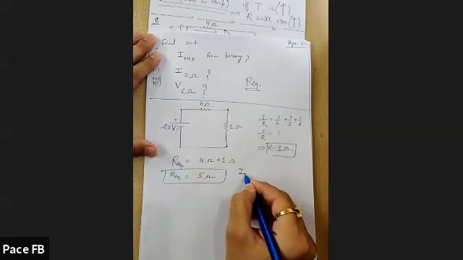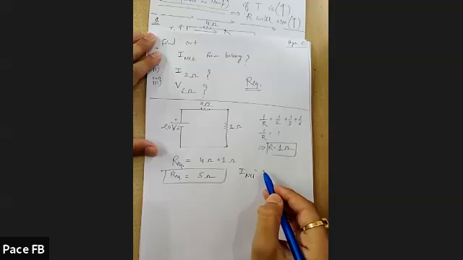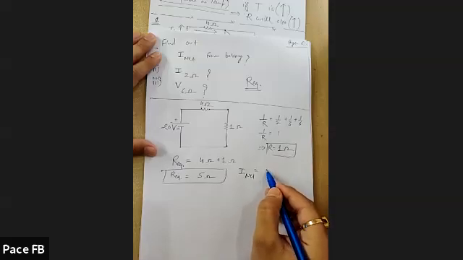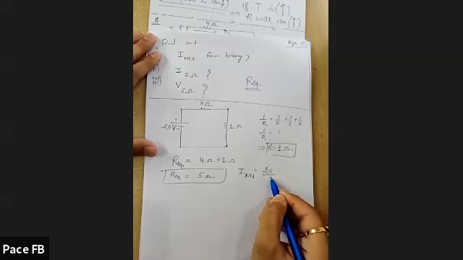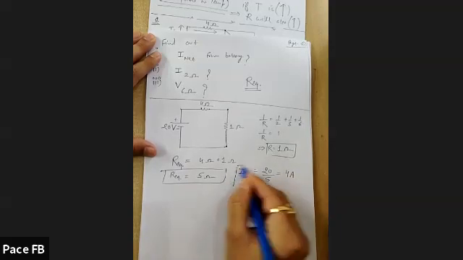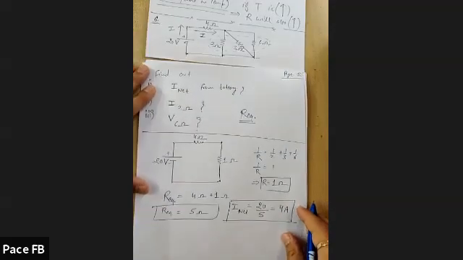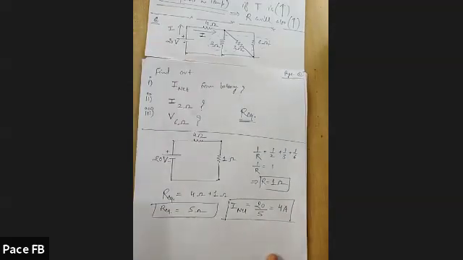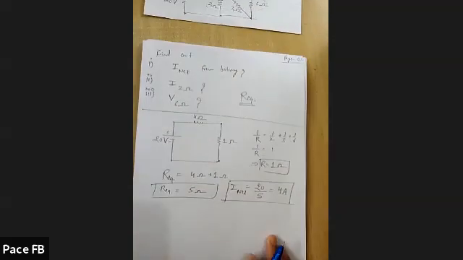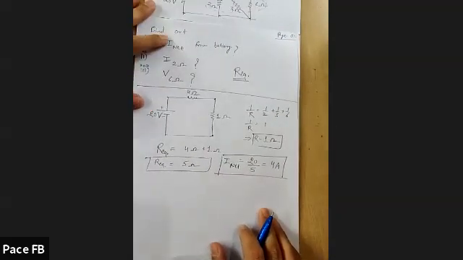So what would be the I net now? Simply you have to apply V equal to IR for the circuit. V is given as 20 volt and R equivalent is 5. So this comes out to be 4 ampere. So answer for the first part would be 4 ampere. Net current withdrawn from the battery would be 4 ampere. Next one is, what is the current passing through 2 ohm?